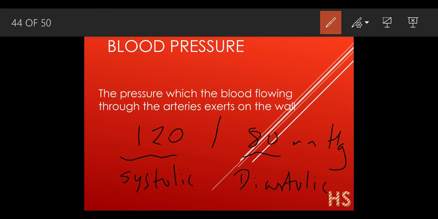Now let's assume, why is this number quite greater, why is this 120? Because we know this heart part, I mean to say the left ventricular part, has to pump the blood to each and every part of the body, so definitely it has to exert a lot of pressure. So when this ventricular part gets contracted, at that period of time it has to exert a lot of force, so that is why it is called the systolic part. So that is why this is high.